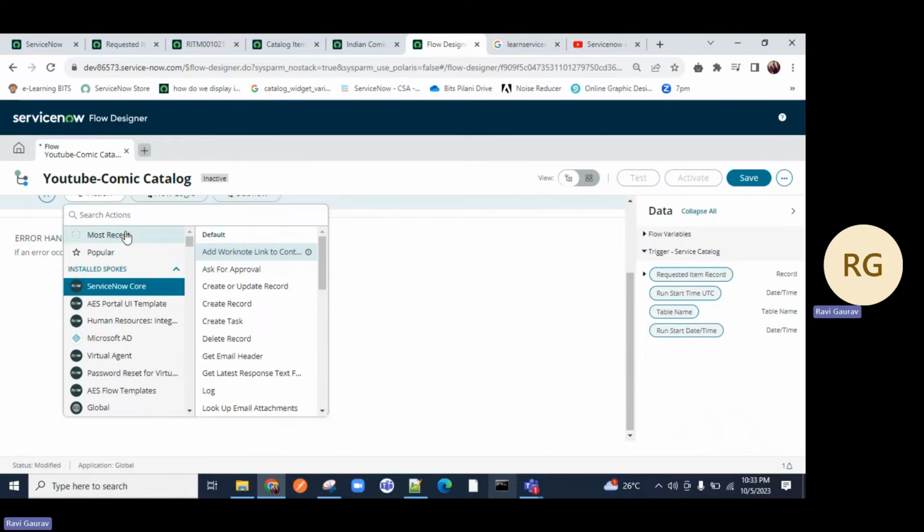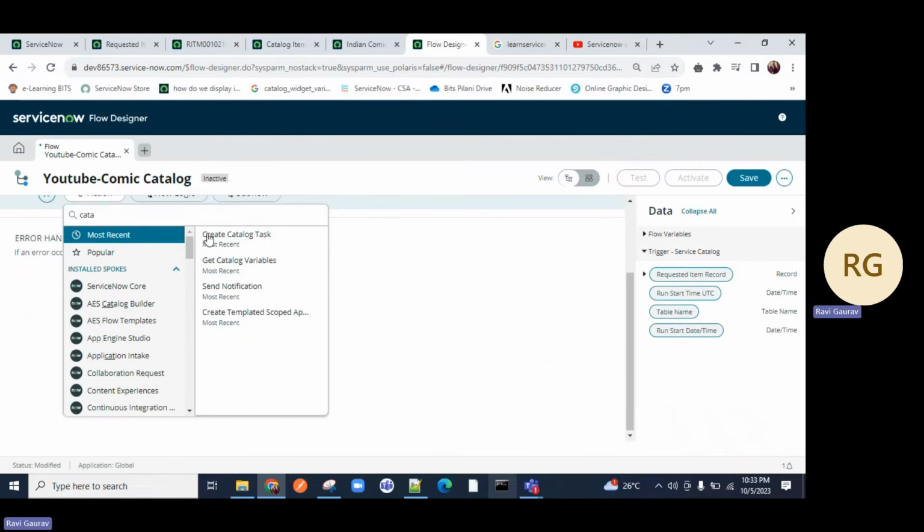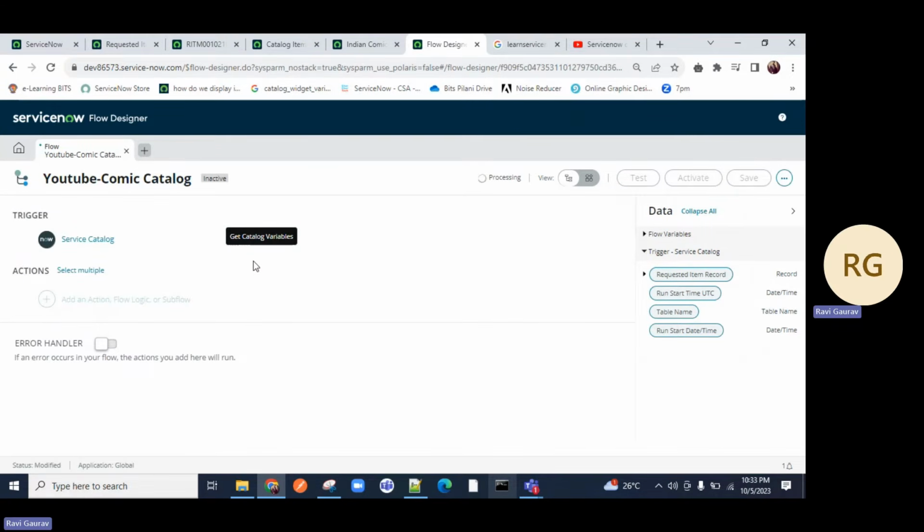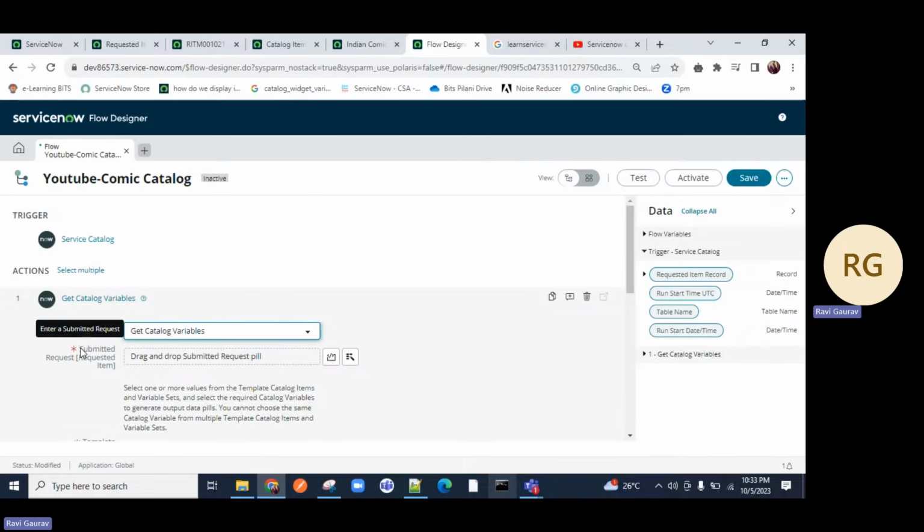Just click on this and start searching catalog. Just type catalog. Now see, you have this option called Get Catalog Variables. So if you are using Flow for your catalog, the first step is the trigger condition. The second step is getting the catalog variables for your catalog for your Flow. So click on this Get Catalog Variables. There you go. And it will ask you